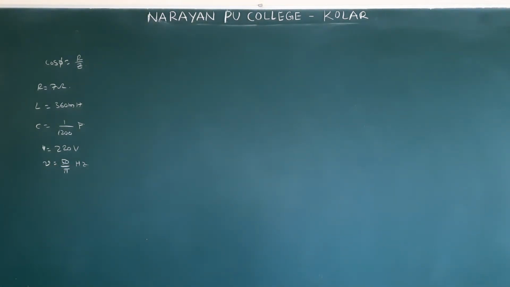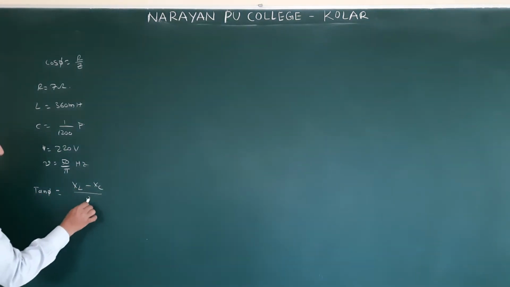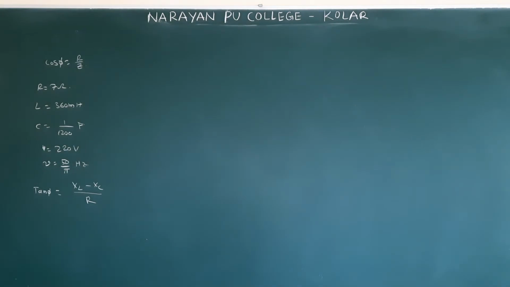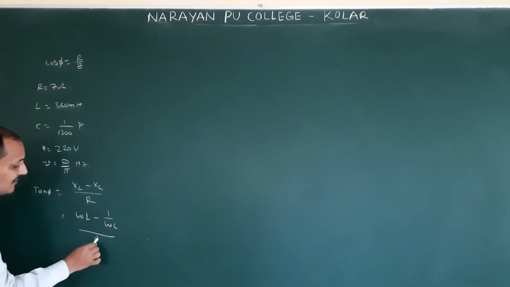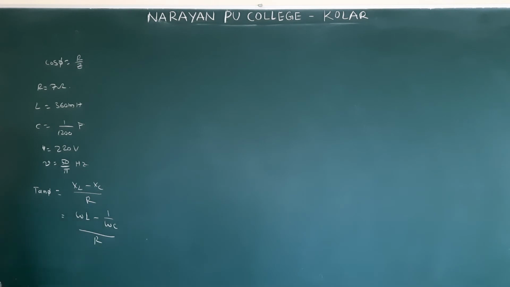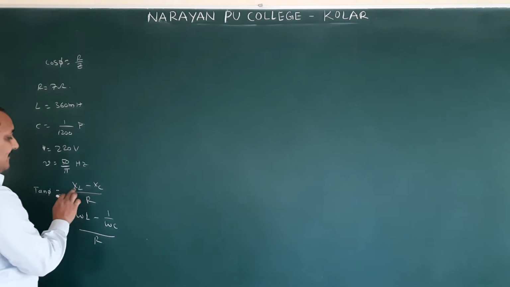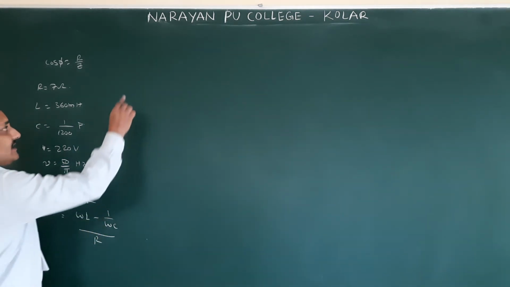Then what are they asking? They are asking the phase difference. So this is an LCR circuit. For an LCR circuit, what is the phase difference formula? Tan phi equal to XL minus XC by R, or XC minus XL by R. You can write anything. I will explain. XL is nothing but omega L, minus 1 by omega C, by R, because XC value is 1 by omega C and XL value is omega L. So omega means 2 pi F. First we will find XL separately, otherwise we will get the calculation simply.